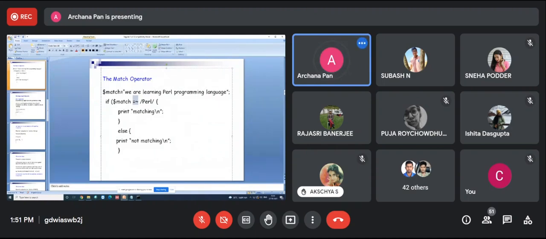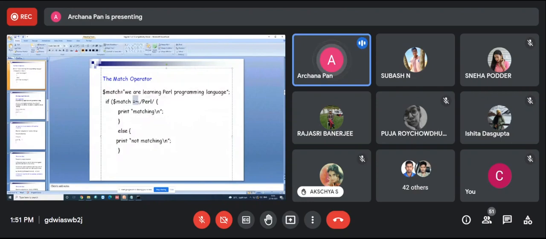You want to see whether the word Perl is present or not in this text. So if match, you have already learned the if else operator, so we are using that. If, dollar match.